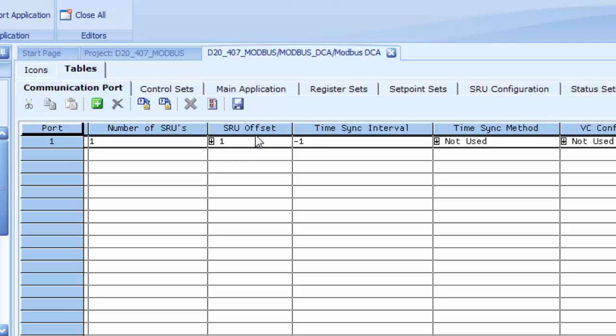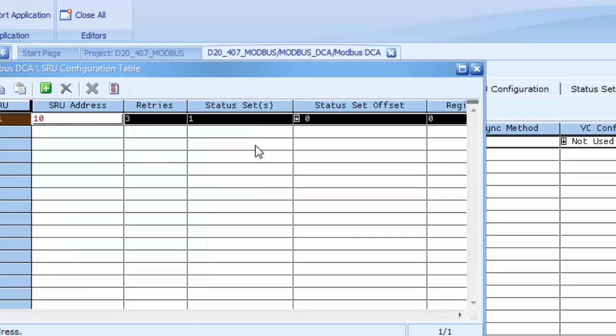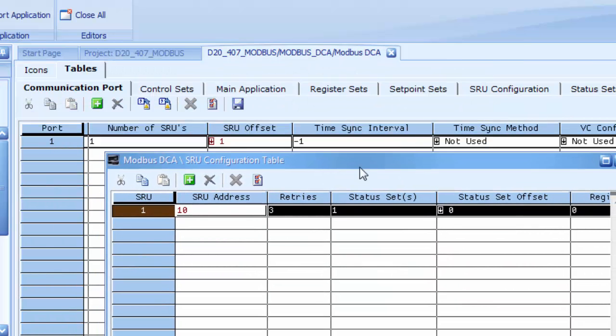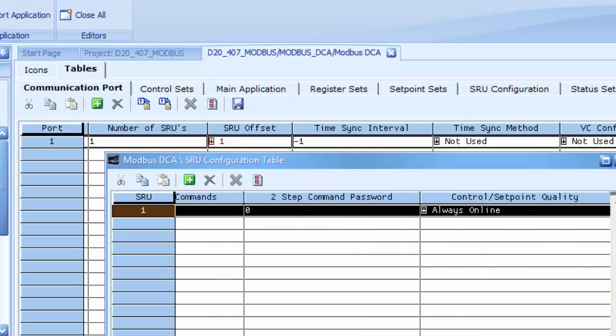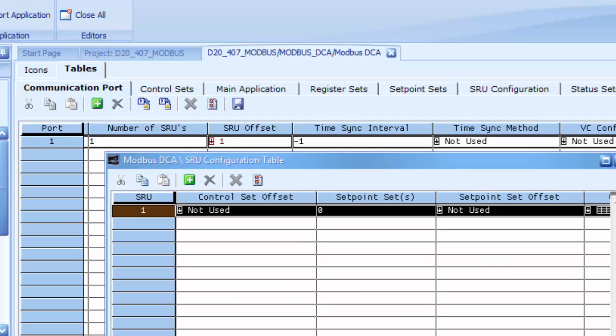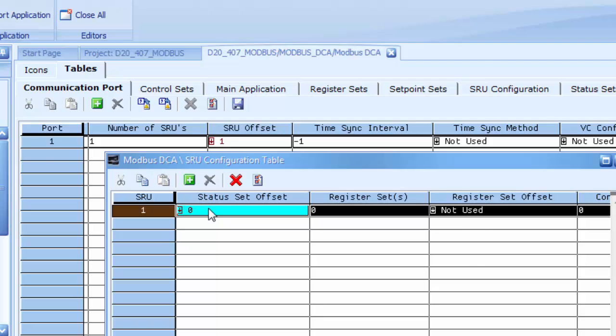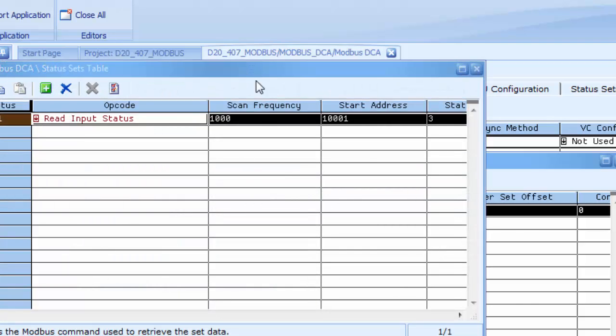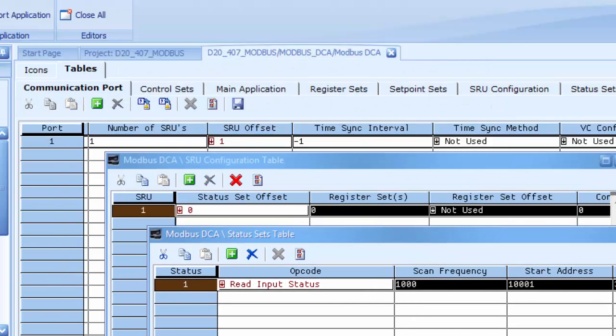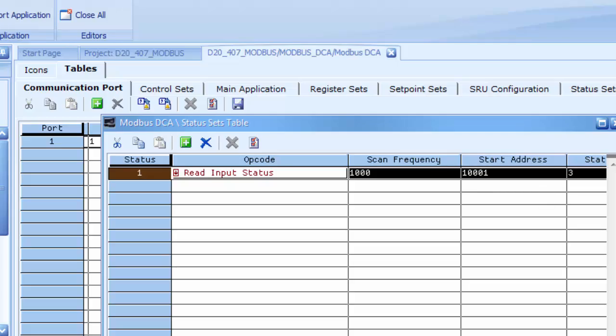And then we go over to the SRU offset. We double click on the SRU offset and we select our SRU, which basically has our status set of address 10,001 with 3 status inputs. Okay,